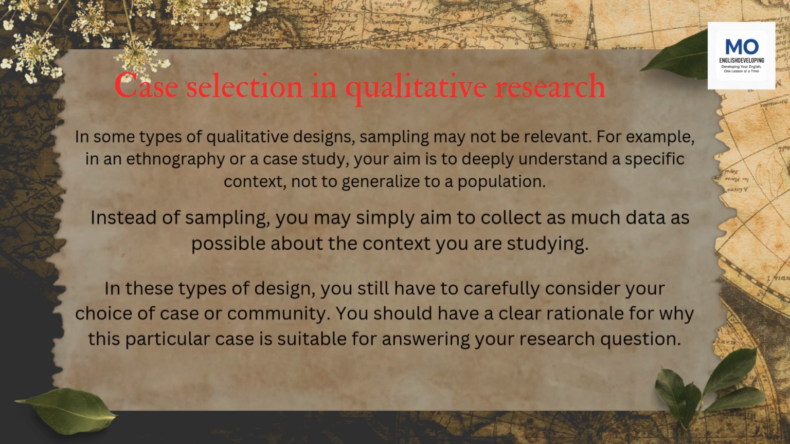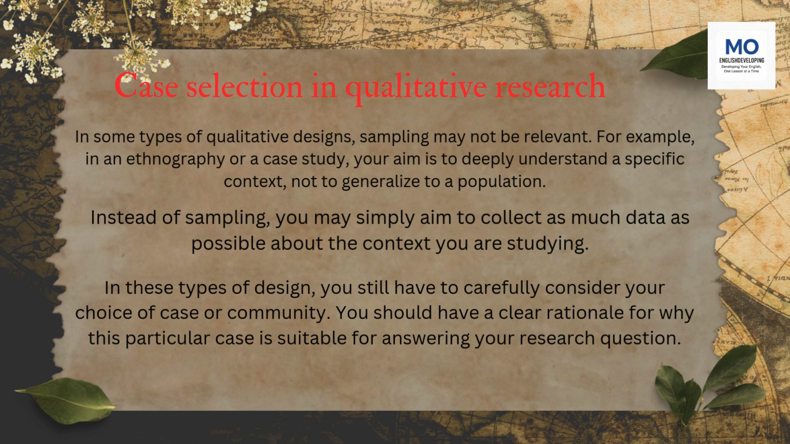Case selection in qualitative research. In some types of qualitative designs, sampling may not be relevant. For example, in an ethnography or a case study, your aim is to deeply understand a specific context, not to generalize to a population. Instead of sampling, you may simply aim to collect as much data as possible about the